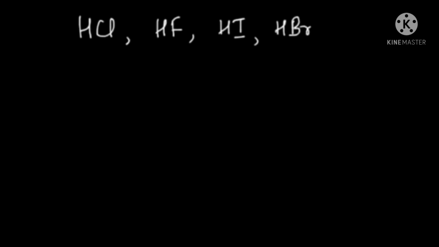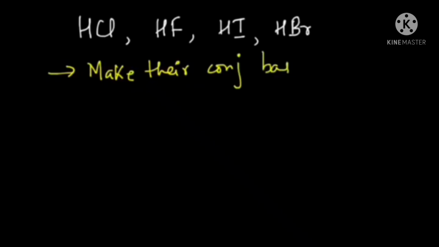Let's say we have some acids like HCl, HF, HI and HBr, and I want to arrange them in the decreasing order of their acid strengths. So the first thing to do is to make their conjugate bases. And how do you do that? Just take out an H plus from each of the acids and what you are left with will be the